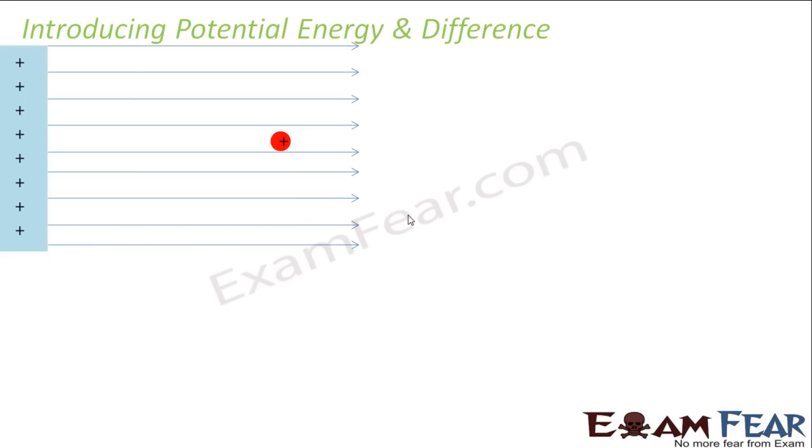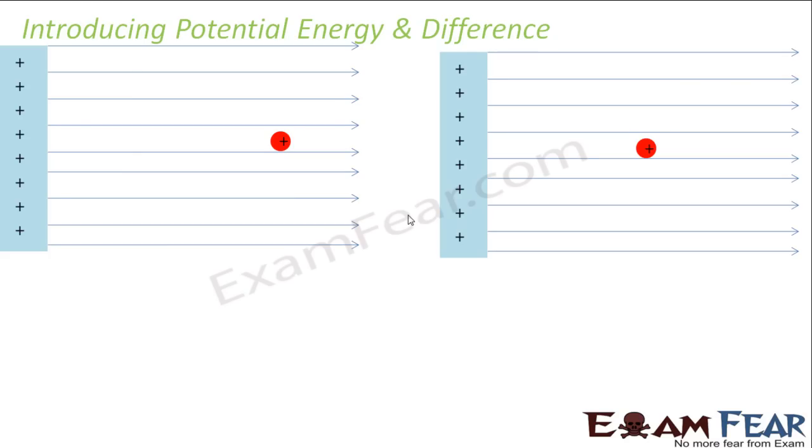Now what happens if you apply an external force to this charge? This is the same charge. Now you apply an external force and make this charge move towards the positively charged conductor, right? You take this charge to this point and then remove the force which you are applying. So what happens? The charge quickly goes back, it accelerates and moves back towards its original position and again it starts to move away from the conductor, right? So this is what is happening here.